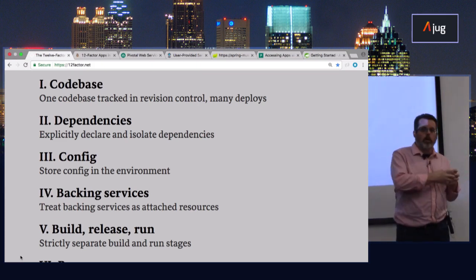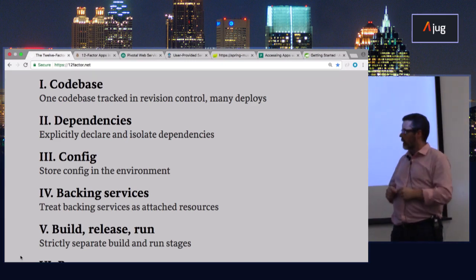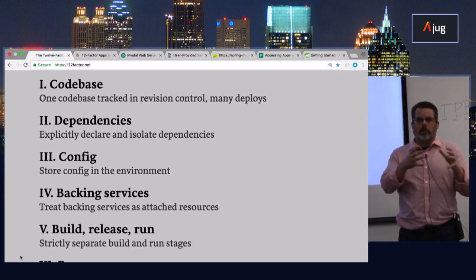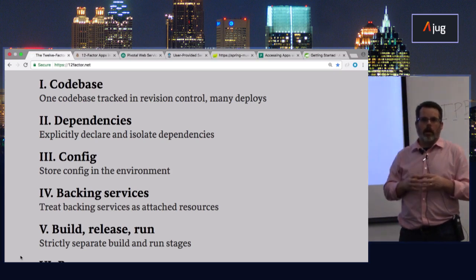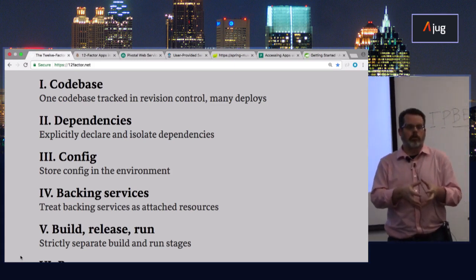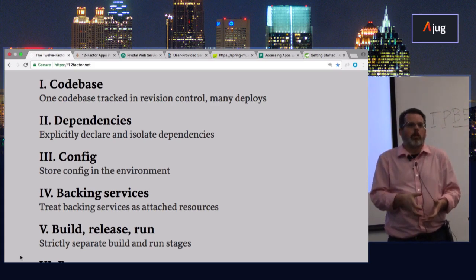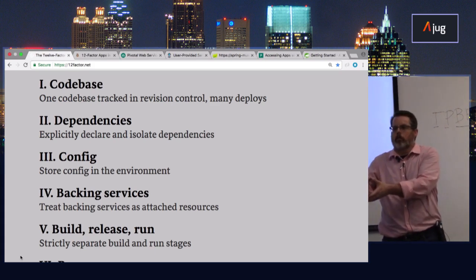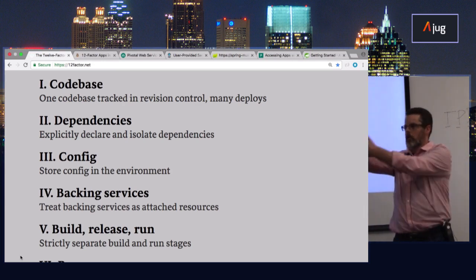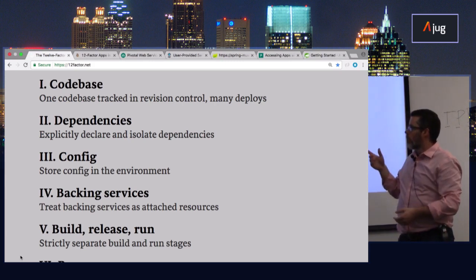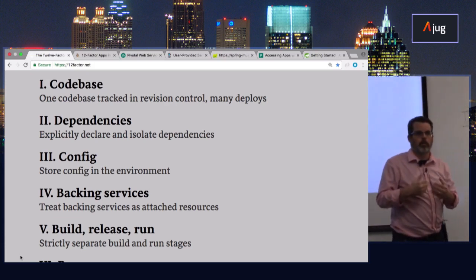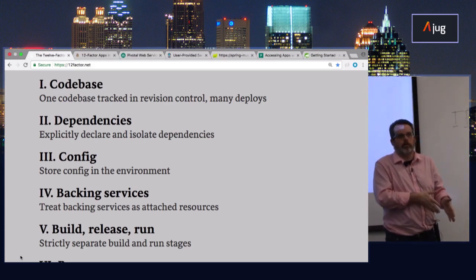The other thing is when you're going to push this out into a platform as a service like Heroku or with Cloud Foundry, especially in the Java environment. I know that we had Scala out there. Unfortunately, I don't have anything from Scala, but from a Java standpoint, I push everything out as an executable jar. It collects up all the dependencies I just built and tested with, and it moves it into the platform for me. That way I know I have explicitly brought everything in there that I meant to bring over. So isolating and declaring dependencies means that you said what you meant and you meant what you said.